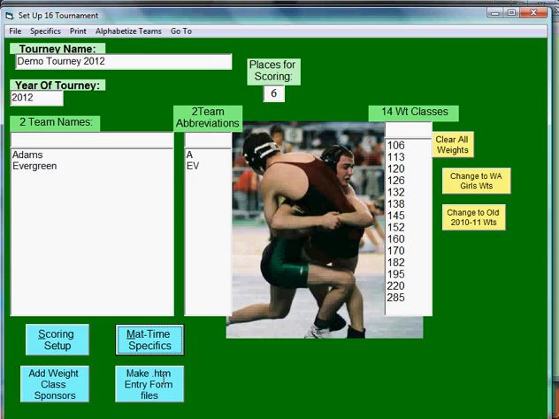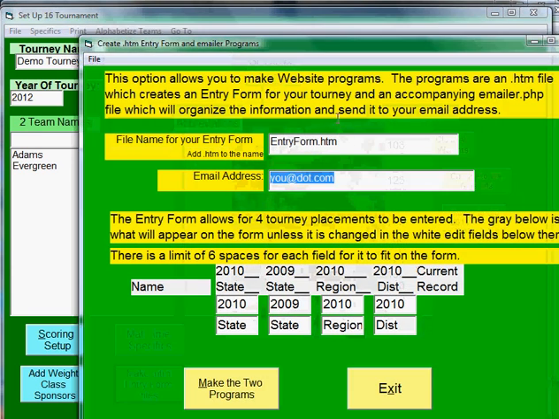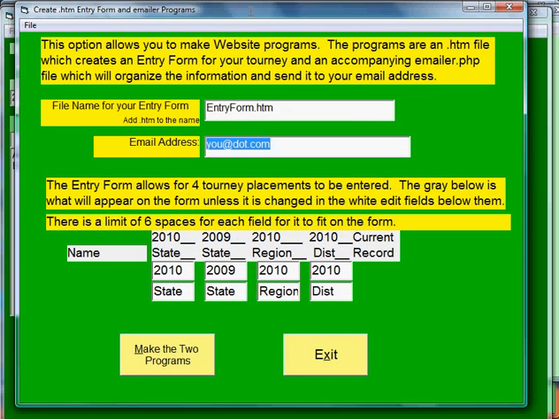The last option, which is one that was made especially to do some internet forums. The only problem with this is you've got to have a server that will allow you to use PHP files, and some of them aren't allowing that anymore because it deals with spammers who use those PHP files to garner some other information. So you might want to be careful about this and just use emails. But in case you do and you have a safe